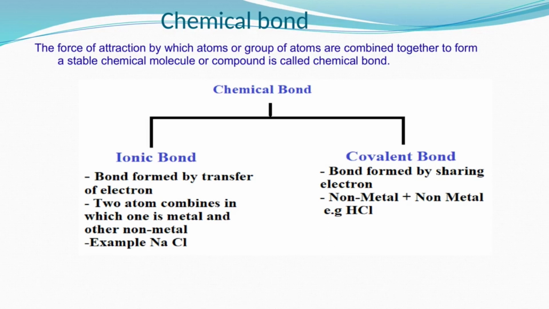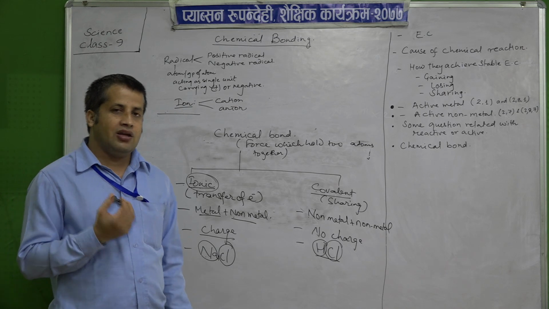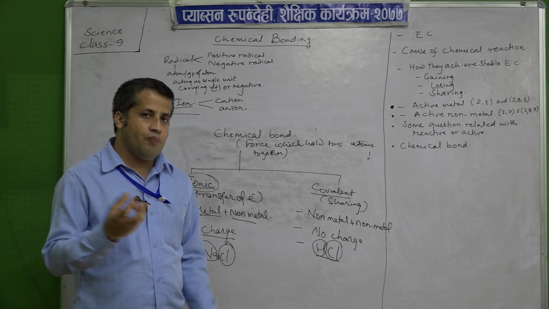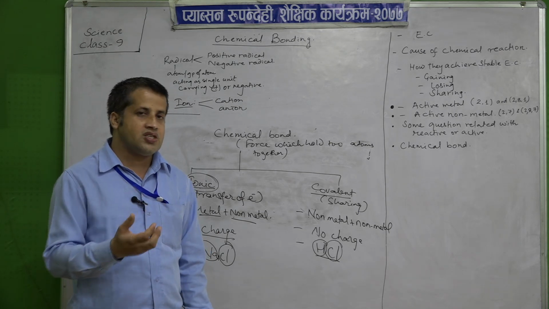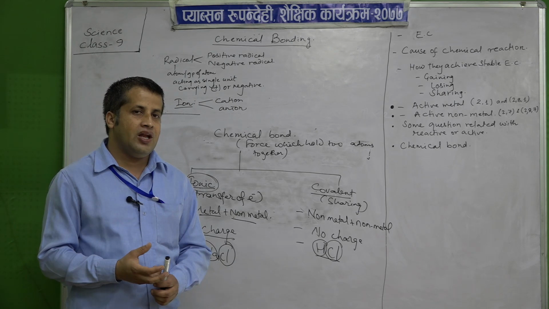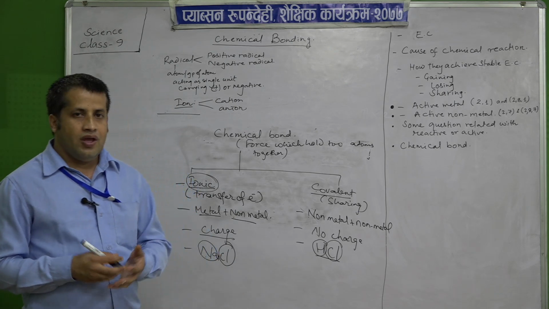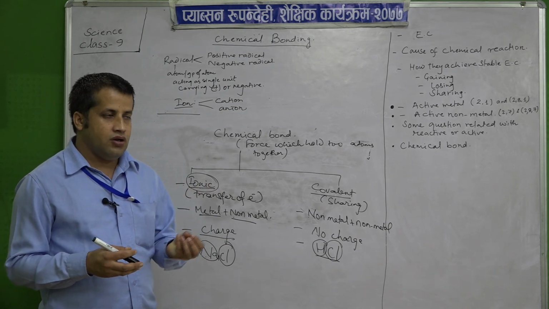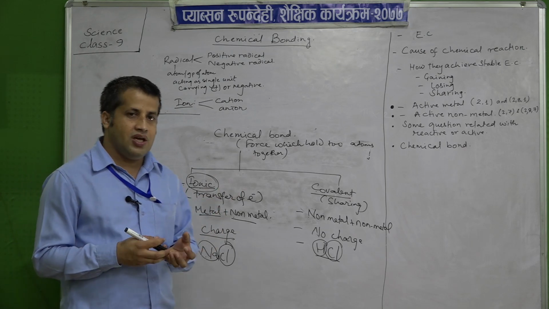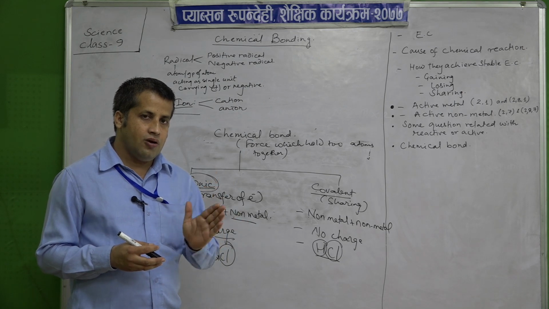This is the complete topic for today. Tomorrow we will discuss the ionic bond and how ionic compounds are formed, like sodium chloride and magnesium chloride. Similarly, we will discuss the formation of covalent compounds in the next class. Whatever we have studied today, go through it. It is difficult to understand at the beginning, try to understand. Tomorrow we will start from ionic compounds.